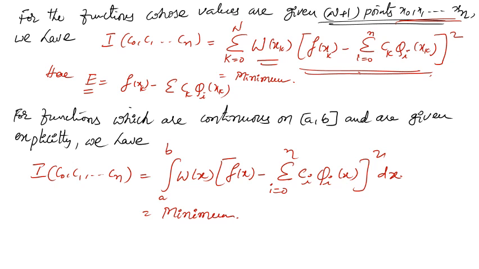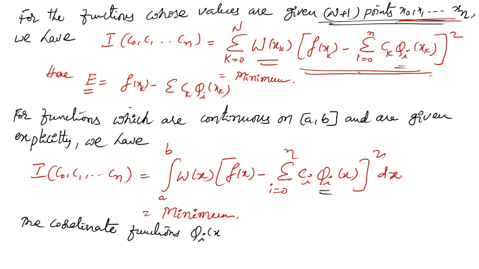I have to minimize this I. And the coordinate functions, what are these phi? These are the coordinate functions. The coordinate functions theory is somewhat hard, but problems will be very easy in this least square approximation. The coordinate functions